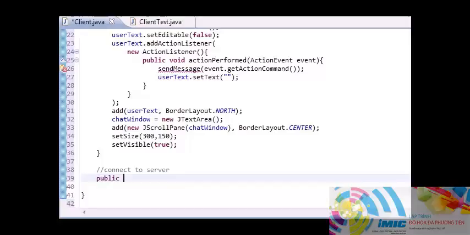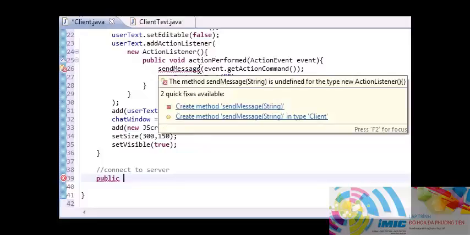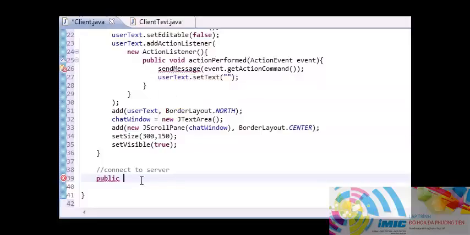You know how I said that I was actually going to name things differently, because whenever I make programs personally, I just don't like to have the same method names in this program and on the server program. But since it will probably be a little bit easier to understand, I'm just going to name everything the same. So I changed send data to send message, because that's what I named it on the server side. So to connect to the server, we need to code that